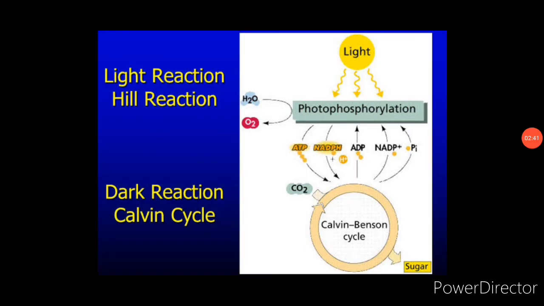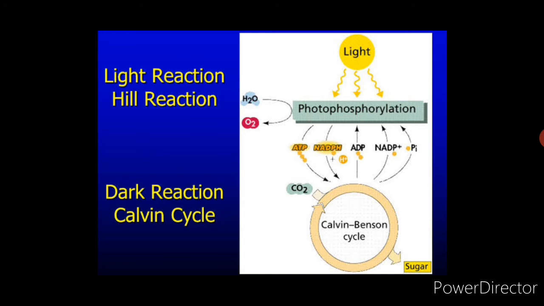Now let's see the factors that affect photosynthesis. It is divided into two factors actually, the internal factors and the external factors. Internal factors are nothing but the pigment. If the pigment secretion is not proper, then it may affect the leaf age also. When the leaf becomes older, the photosynthesis process may get affected. Then accumulation of carbohydrates, too much carbohydrate accumulated in the leaf, also affects it. Then hormone secretion, depending upon the hormone secretion, also affects the photosynthesis process.